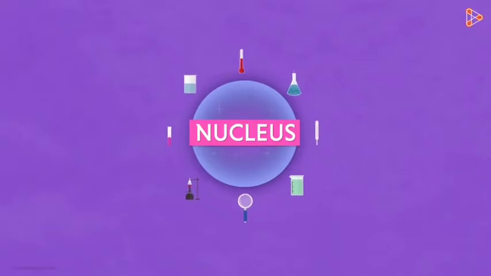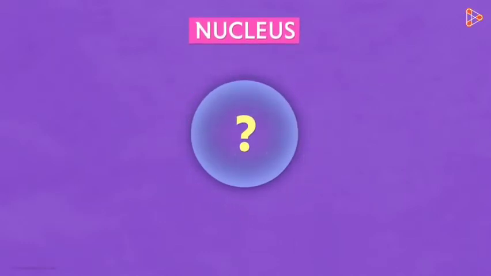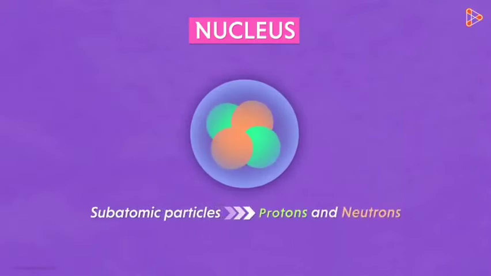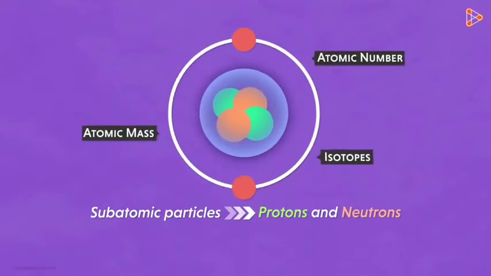It holds the mystery of several reactions. Now the next question to pop in our mind is, how does the nucleus of a single atom define the reactions in which the atom is participating? That's right. It's the subatomic particles in the nucleus, the protons and the neutrons, that are the influencing factors. Yes, the presence and the number of protons and neutrons in the nucleus of any atom define many important characters like the atomic number, atomic mass, isotopic forms, and so on.